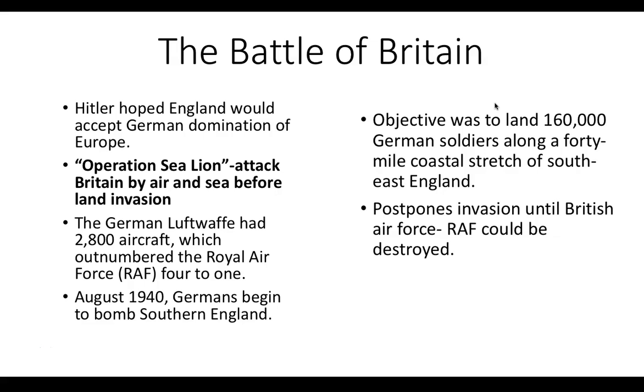He's trying to figure out where they have their own decoding machines and their own agents and spies. He's trying to bomb different strategic locations where he thinks spies might be living and training, and where they might be producing their own secret codes to send to operatives. He's interested in bombing factories, so some of the cities on the east. He doesn't really go after London or the King and Queen early on. He's looking for military bases, taking out places where tanks might be located, things of that nature.